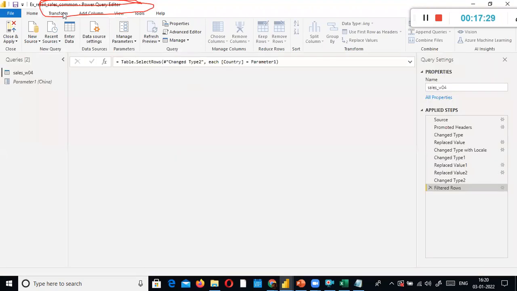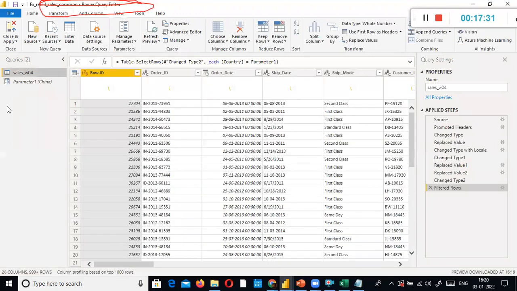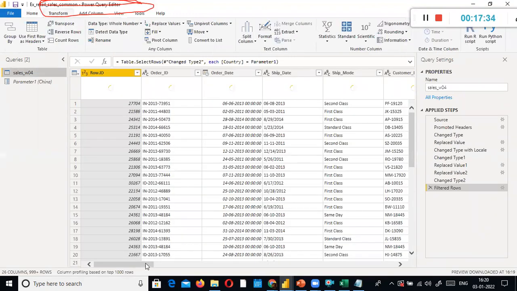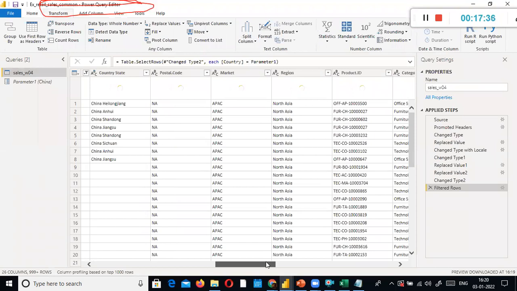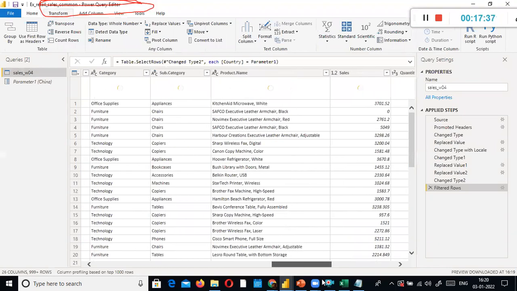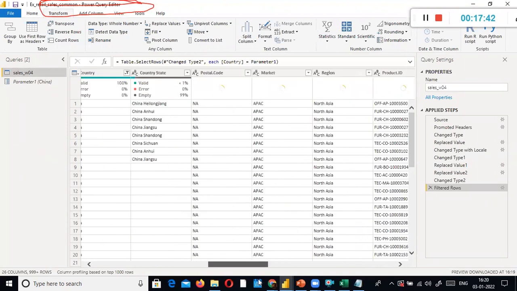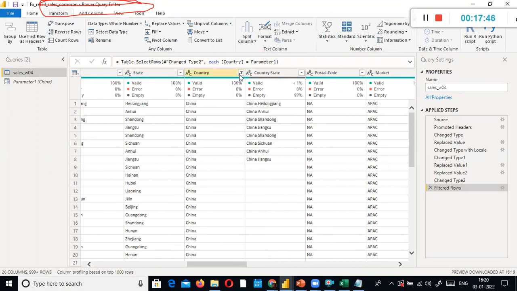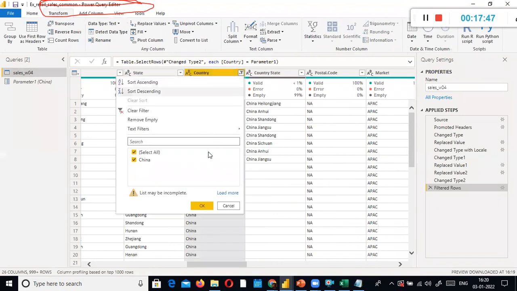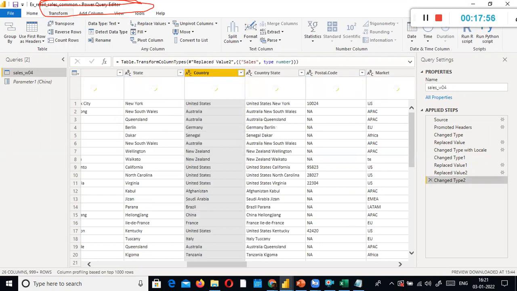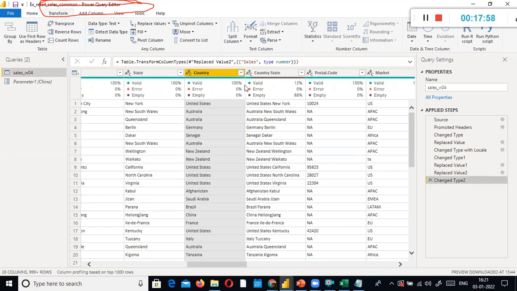Okay, we have the transform button. We just select here. I just go to the country column. Very simple one. In Excel, whatever we do, the same thing we do here, but the only thing is we are using this one. Supposing I selected China, hence it shows China here. Let's say I'm going to remove the filter. For you people, I am going to show you one more time.